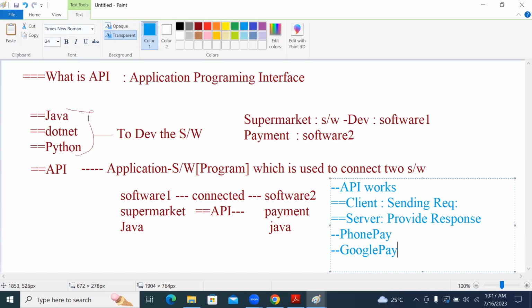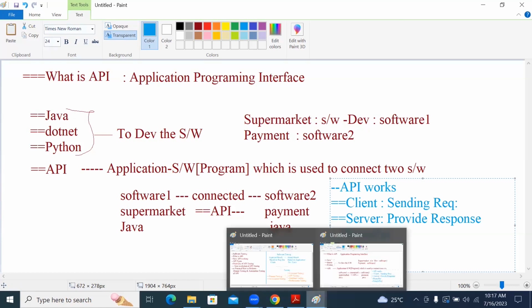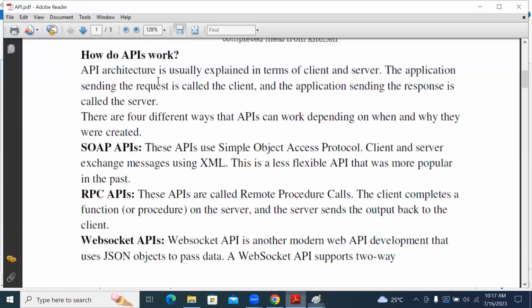So how does an API work? In simple terms, API works with the concept of client and server. The client is sending the request, and what you are getting as the response is considered the server side.